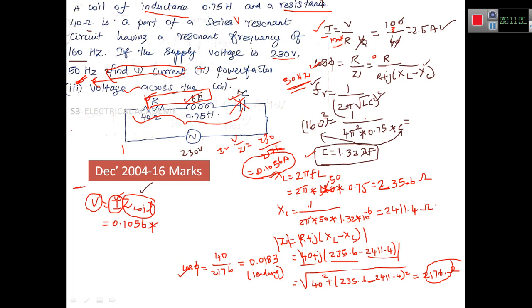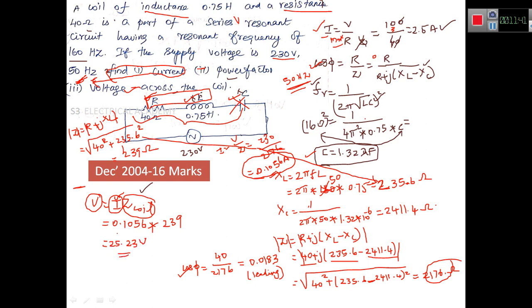So Z is equal to R plus JXL. This is nothing but the coil. So modulus of Z is equal to the root of R square plus XL square. That is 40 square plus XL square, where XL is equal to 2 pi FL, that is 235.6 square. This value comes from here. This is the XL value. So the coil impedance is root of 40 square plus XL square, the value will be 239 ohm. So substitute 239 here, which is equal to 25.23 volt.